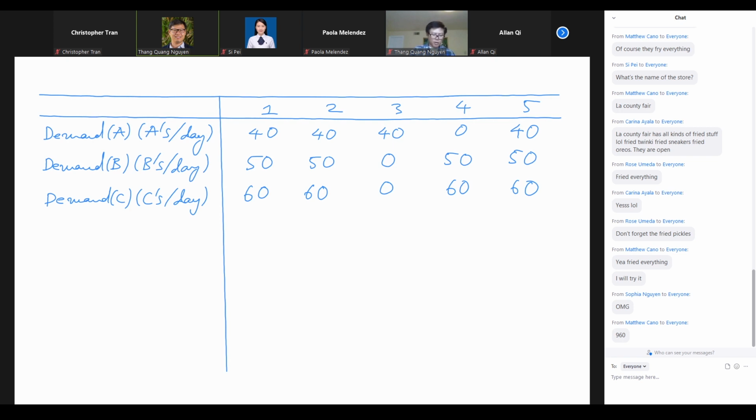But at this point, we realize that we cannot add these three numbers together. If you add 40 with 50 with 60, you have 150. But then I would like to ask you, what is a unit of 150? Nobody can say it clearly, right? So we cannot do that conceptually. We have to convert everything to the common unit before we can add them up. And here is a step to do the common unit. We would call this a workload